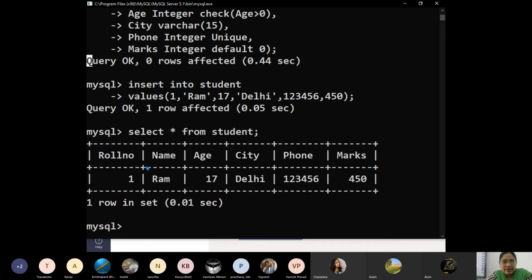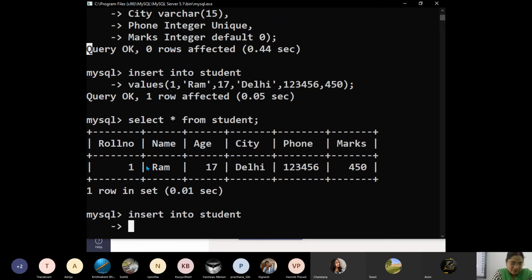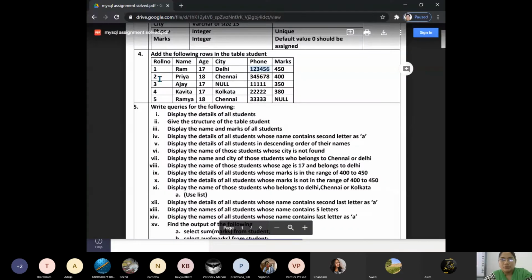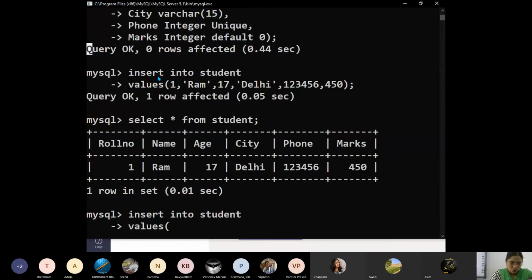What is the next row? Insert into student, that is the first line. Next one is values. What are the values we should now insert? 2, Priya, 18, Chennai. So 2, Priya.